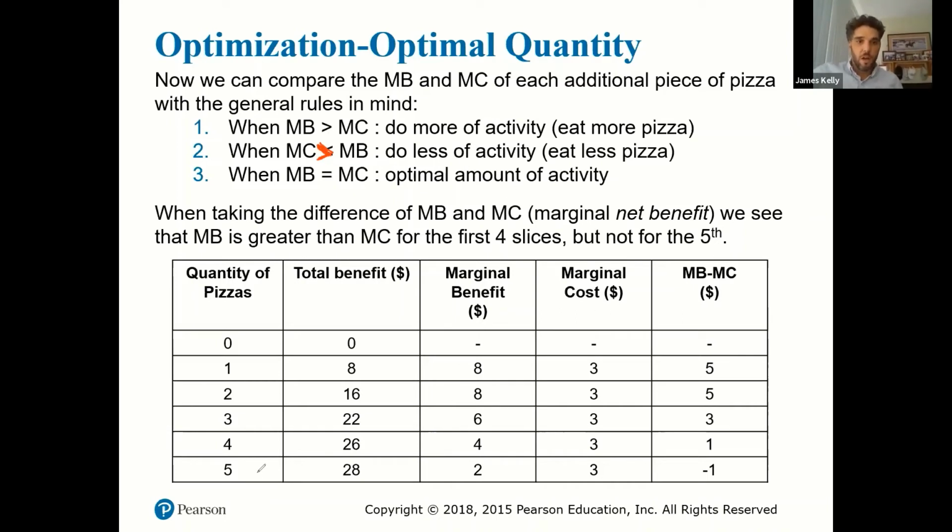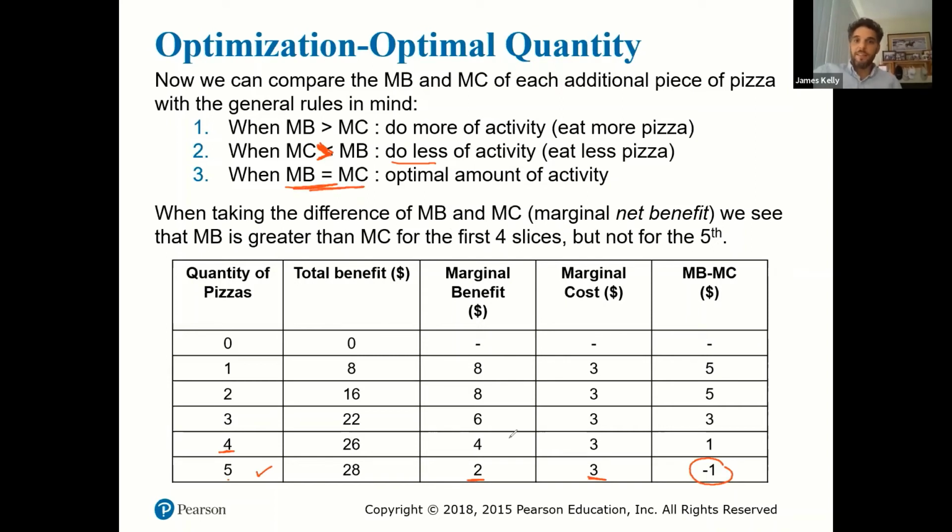Well, where does that occur? If we've already consumed 4 pieces of pizza and decide to consume the fifth, our marginal cost is greater than our marginal benefit, meaning the difference between the two is actually negative. In that case, we want to do less of the activity. We want to eat less pizza. So if we consume more pizza up until the 4th pizza, and we have to consume less pizza up until the 5th, then the optimal amount is going to be when marginal benefit and marginal cost equal